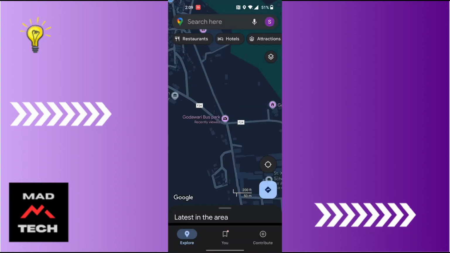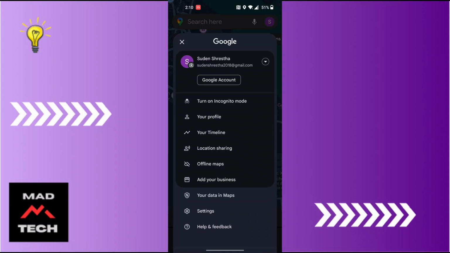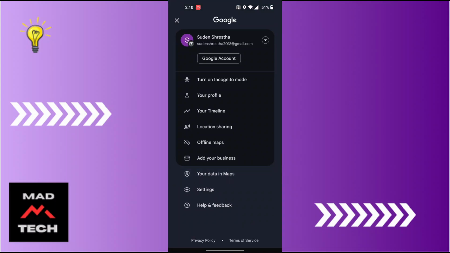And after opening your Google Maps application, guys, on this interface at the top right corner of the screen, you can see your profile picture icon available for us. Tap on the profile picture icon at the top right corner of the screen. And this kind of interface will appear where you can see the your data in maps option available for us. Just above settings, tap on your data in maps,